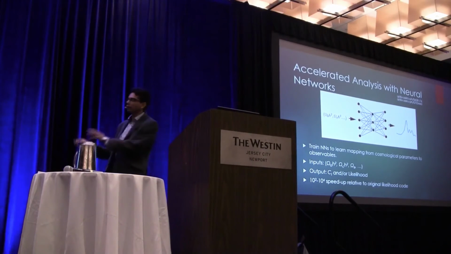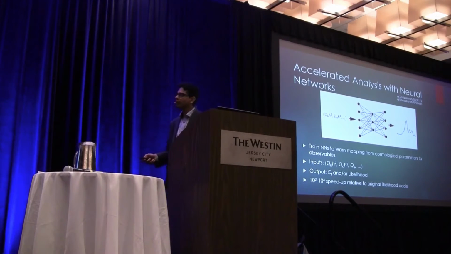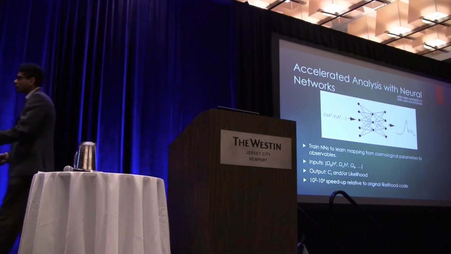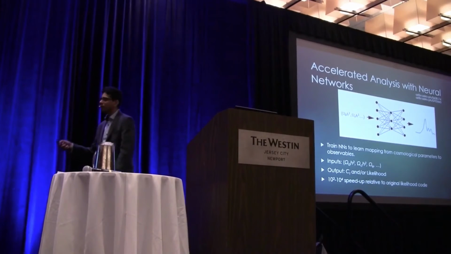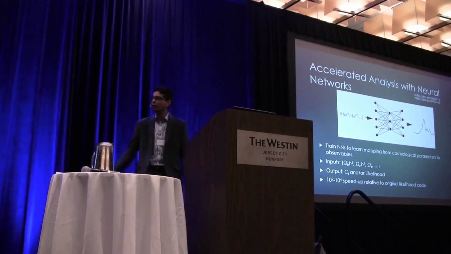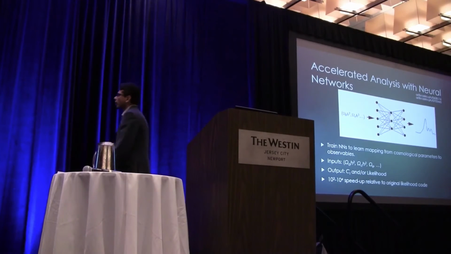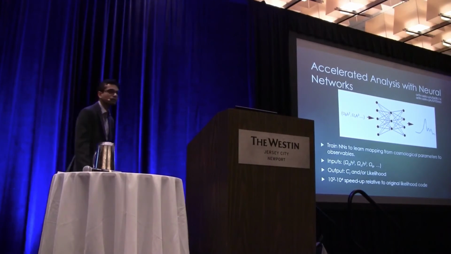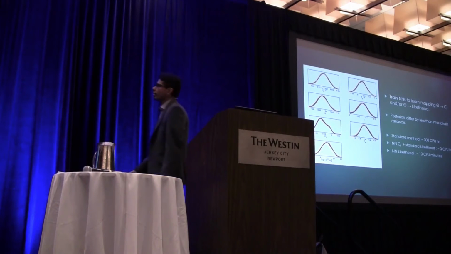In LIGO, we have the gravitational waves, we have the theory of relativity. Using the theory of relativity, we can try and figure out what the masses of those black holes are, where they are located, and so on. The problem with cosmology at that time was that in order to calculate the power spectrum from the cosmological parameters, we had to solve a couple of Boltzmann equations numerically, and that was taking about 10 seconds, 20 seconds, 30 seconds. And as a result, the whole analysis was taking around 300 hours.